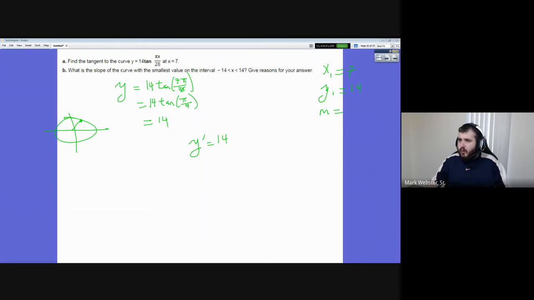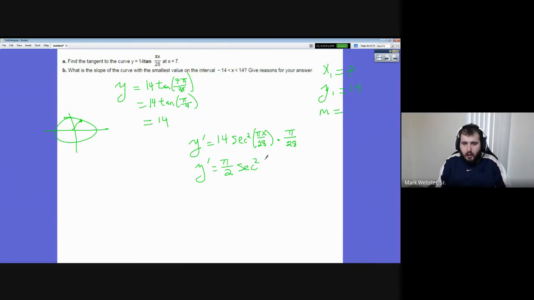Yeah, it's secant squared of that garbage in the middle, times the derivative on the outside. That's just an x, so it goes away and we're left with pi over 28, right? So the 14 over 28, that's 1/2. So pi over 2